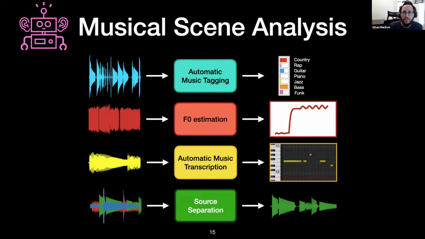But the key takeaway here is that these models aren't creating new data like a generative model. In fact, they're producing a more compact and therefore more lossy way to represent audio data in a way that emphasizes features that we care about for the task that we're trying to accomplish. For instance, an automatic music transcription might convert a high dimensional audio file into a low dimensional note sequence such as MIDI. But again, more on that in a few minutes.